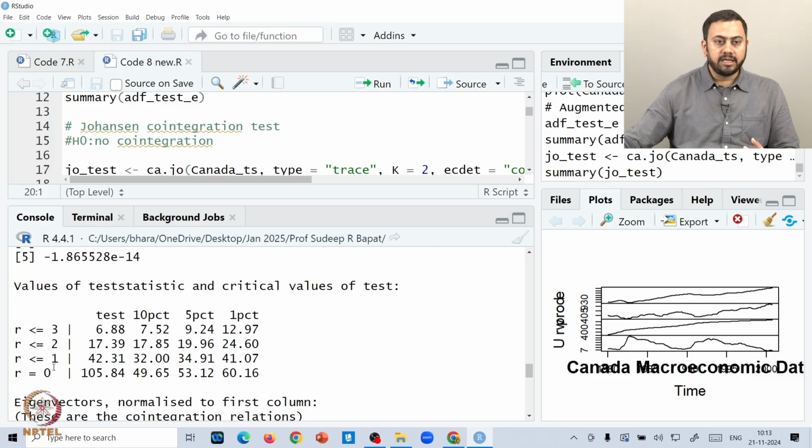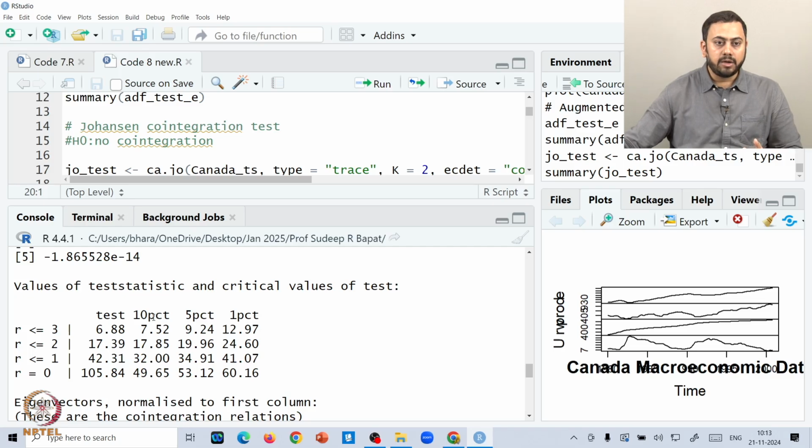This is how one should read the Johansen test output. The first column gives you the rank of the co-integration matrix, the second column gives you the actual test statistic values, and the three columns that follow give you the corresponding critical values for that test statistic value.